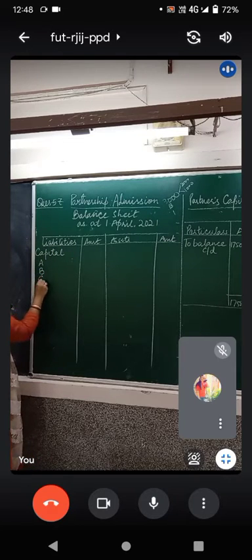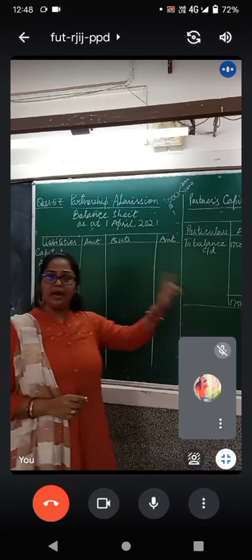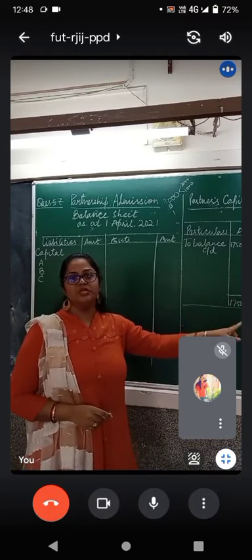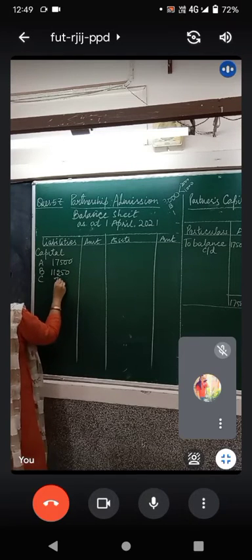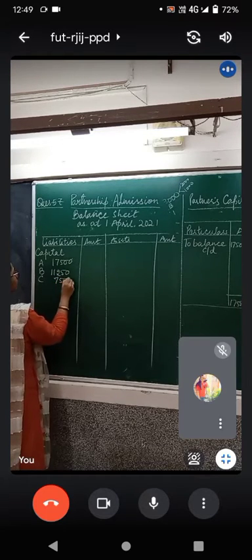Now we don't have to do anything with the balance sheet which is given in the book, because we now have the new partner capital balances. For A it is 17,500, for B it is 11,250 rupees, and for C it is rupees 7,500. Do the total and write down the capital balances.